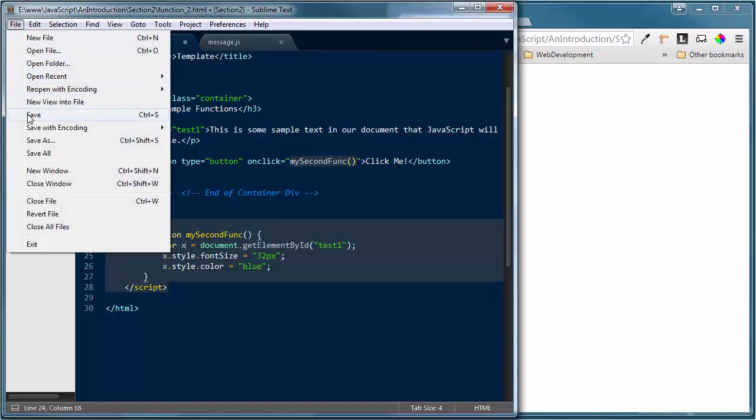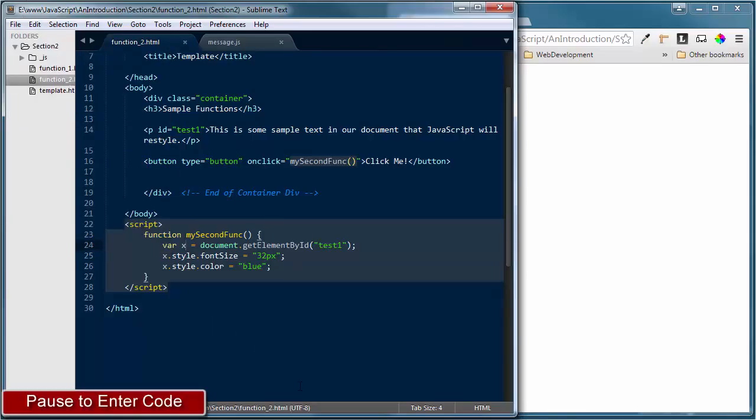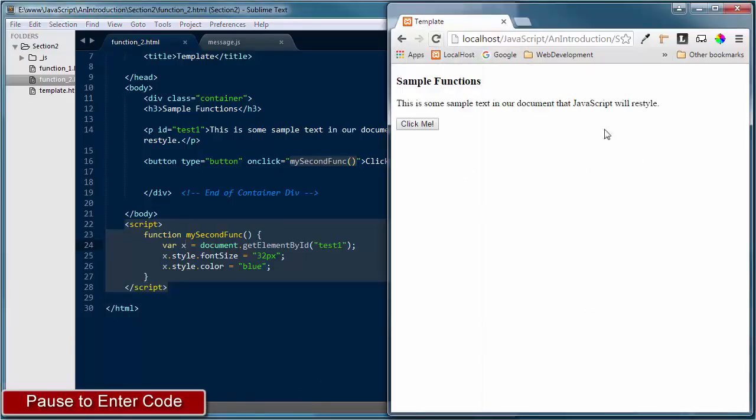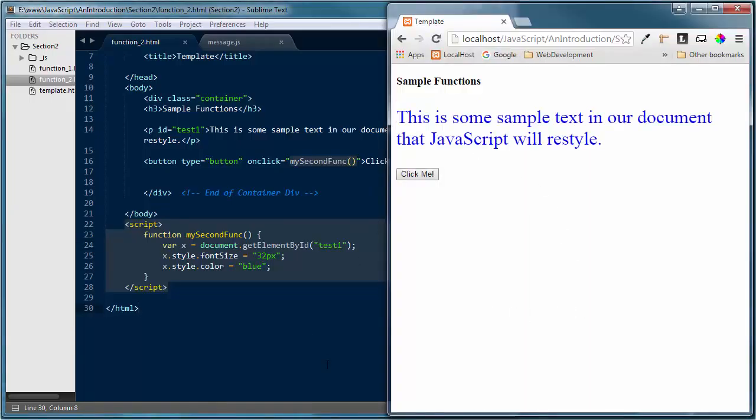I'm going to go ahead and save all those changes. Go ahead and type that in if you want. Good time to pause. Now I'm going to refresh my browser window, and you'll notice I've got that paragraph and I've got this nice little click me button. And if I click the button, it restyles my text based on the settings and styles that I've got in